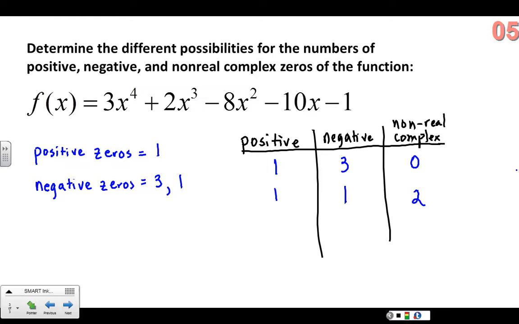The fact that I can only get the one on positive right here, that's the only possibility that I have. So I have to have at least one positive zero for this function. So this is the way it would line up. This is the way your solutions would be. You'll have one positive and 3 negative, or one positive, 1 negative, and 2 complex. That's how that would always work for